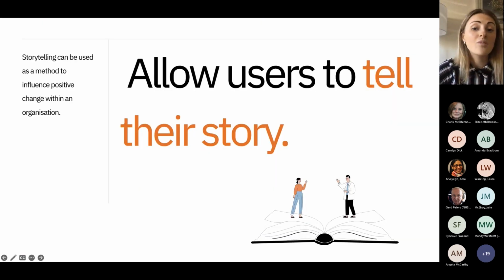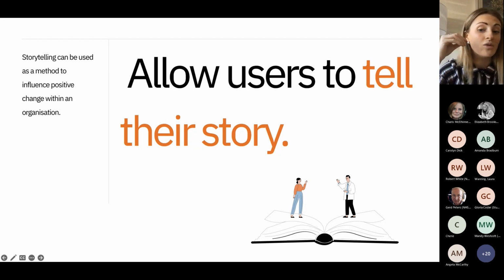A really important aspect of user research is storytelling. Just giving your users a platform to tell their story can be so powerful when you're trying to influence change in an organisation. For example, here's someone's first-hand experience, this is the impact it's had, and this is why it needs to change. Obviously the more users you speak to, the more patterns start to form, and you can start to understand how people experience your service. And it's not just about thinking what things we can improve on, it's about understanding what we do really well